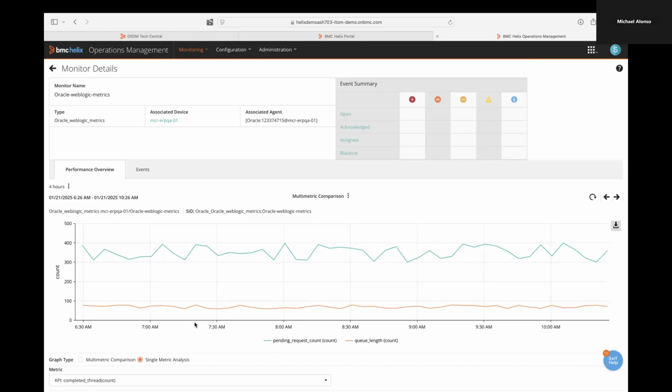So traditional monitoring, you have your warnings. Let's just say you set it at the 80th percentile and you have your alarm set at the 90th percentile. Well, we have something called an abnormality. This means that you are running in an abnormal state. It does not necessarily mean that you are in a critical state.